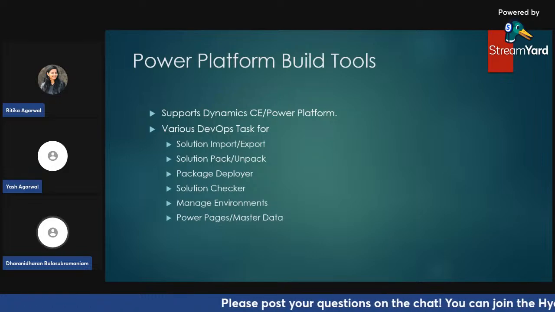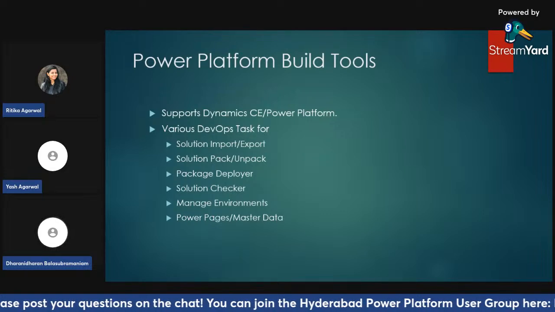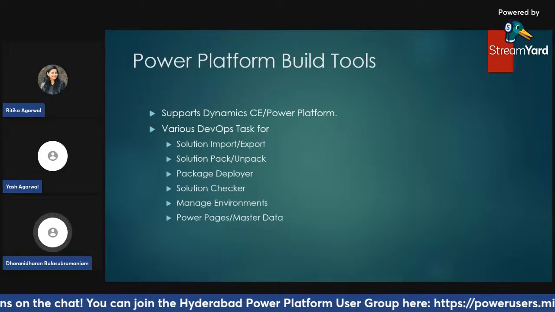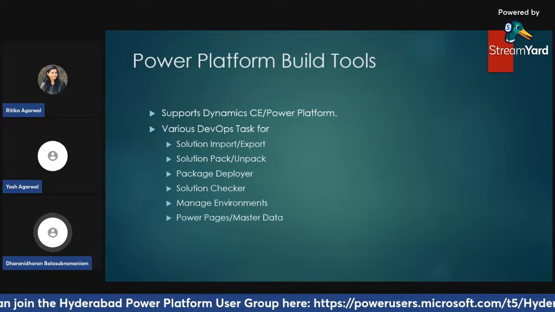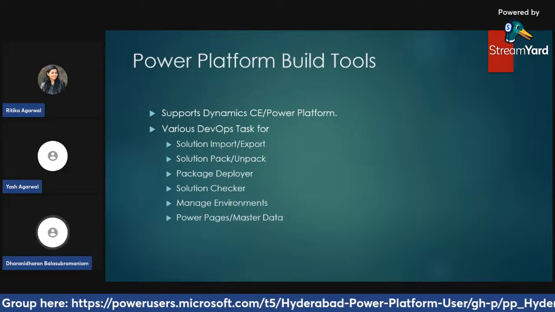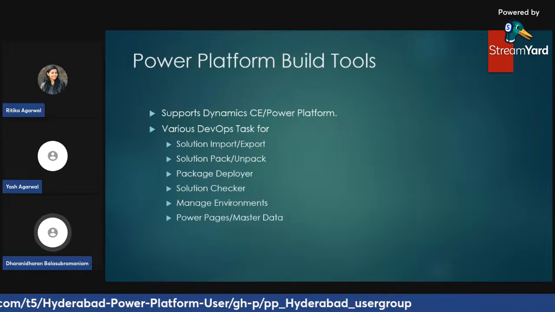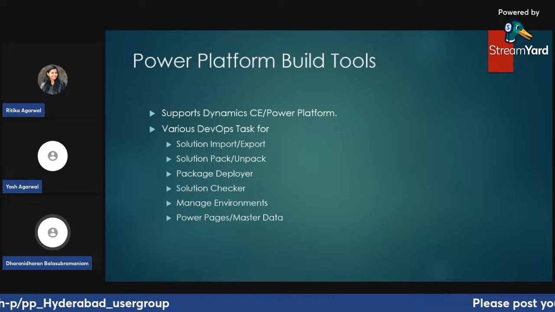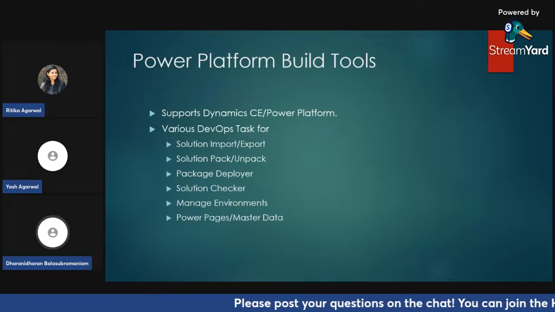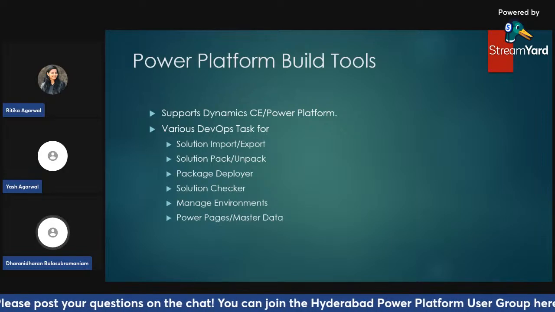You can easily hook these tasks inside your pipeline and configure them for exporting the solution, importing the solution, and if you want to publish or pack the solution, or run the solution checker, all of that is really possible. This allows us to automate and streamline the key ALM processes, and it saves time and reduces potential human error during deployments. And some of the main tasks in the Power Platform Build Tools I have listed here, like the solution import and export.